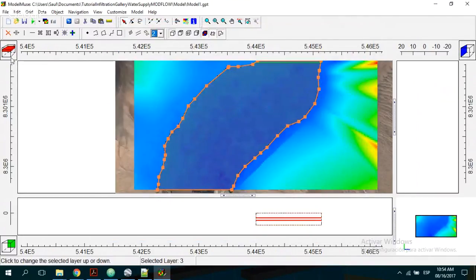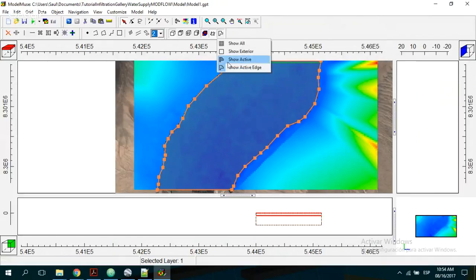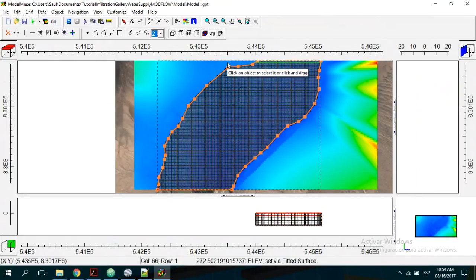What had happened here? Okay, show active. Yep. This is the active part. Sorry. And then I'm going to apply the